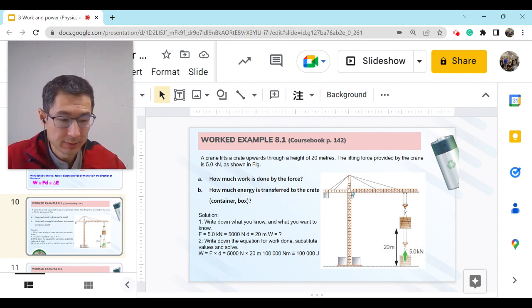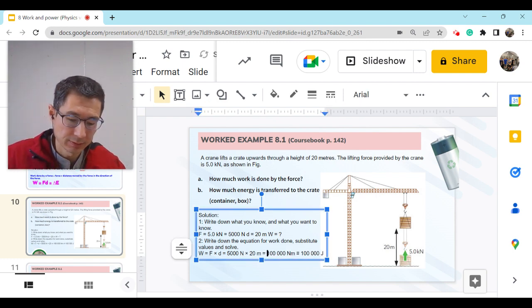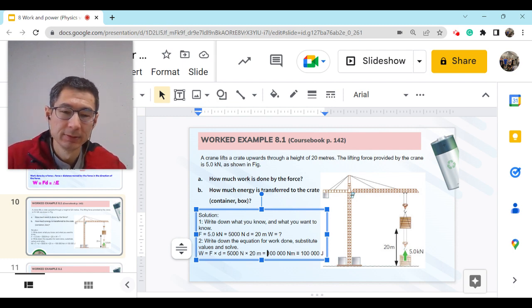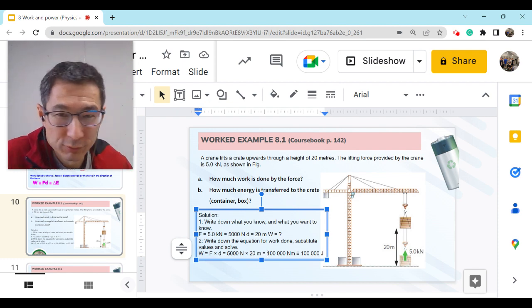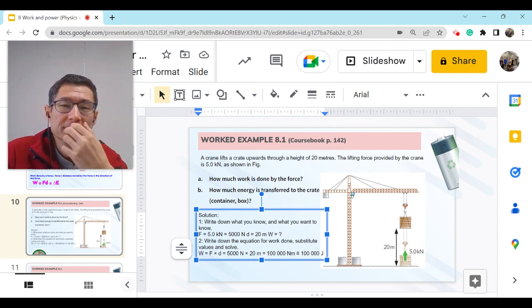The work done, as you can see here, is 5,000 times 20, isn't it? We get 100,000 newton meters. What is another unit for newton meters? It's a joule, isn't it? Because